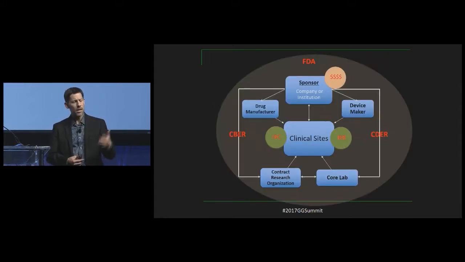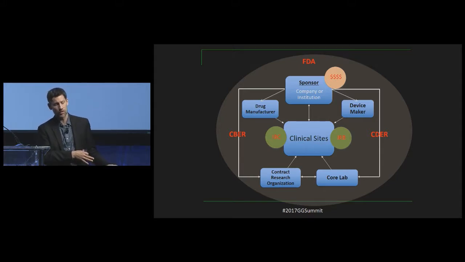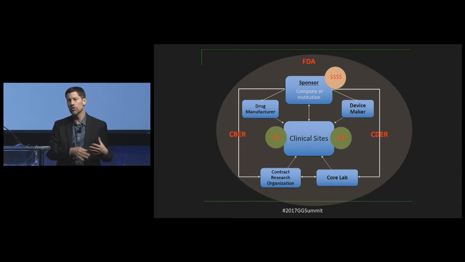And here's how you see how things interact with the clinical sites. And remember some of the abbreviations, IRB and IBC, right? So Institutional Biosafety Committee and Institutional Review Board. Those work within the clinical sites. The sponsor, usually a company or an institution, works with the sites. You've got to go through the FDA, which is the bracket around it. You've got to have your drug manufacturer and often your contract research organization. That's going to be the group that you go to help run your clinical trial.